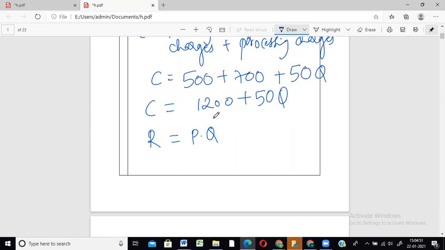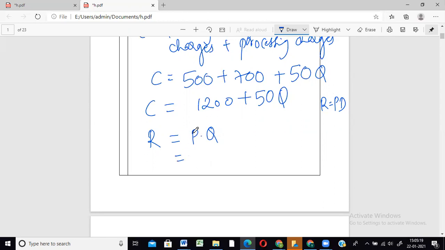Like we denoted it last time using something like this, P into D, where P was price and D was demand, right? Suppose you are selling 10 books, each for 5 rupees. You are selling all the 10 books, each for 5 rupees. Your total income or your total revenue is 50, no? 10 into 5. So here we are talking about Q articles. There initially it was demand, but here we are talking about Q number of articles, correct? So that will be price into that Q, okay?